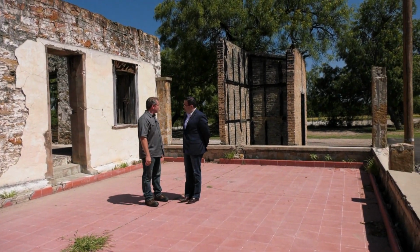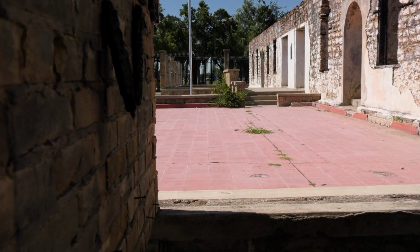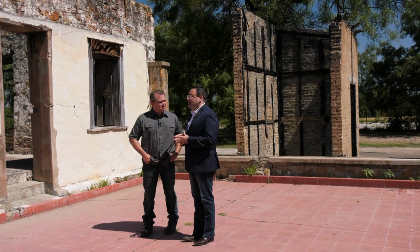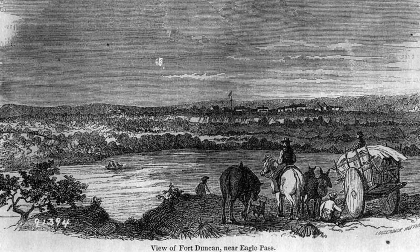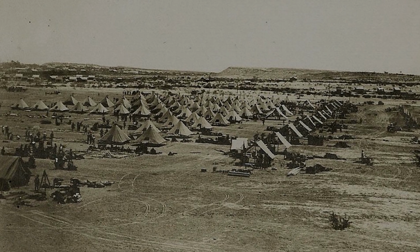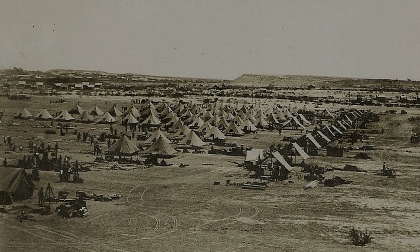Fort Duncan. Now this place, it looks kind of like the ruins of Fort Duncan. Yes. Tell me about this place. Well, this particular area here where we are today is actually the ruins of the Barracks. In 1868, this entire area of Fort Duncan was built and put together in order to work towards a purpose for the Mexican-American War that took place